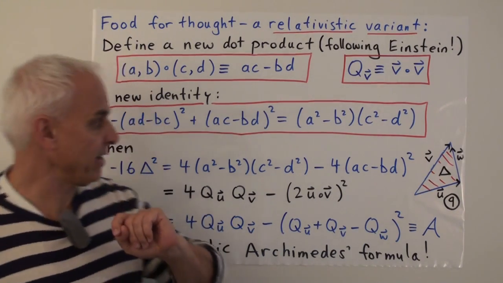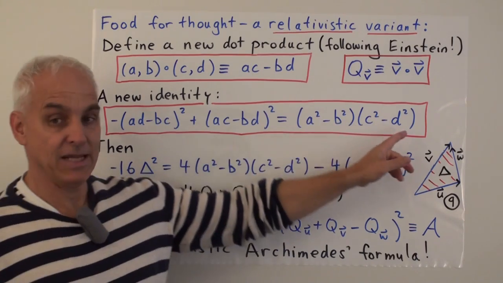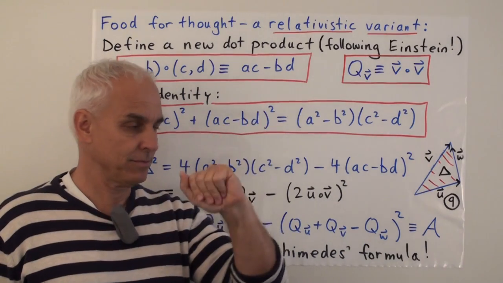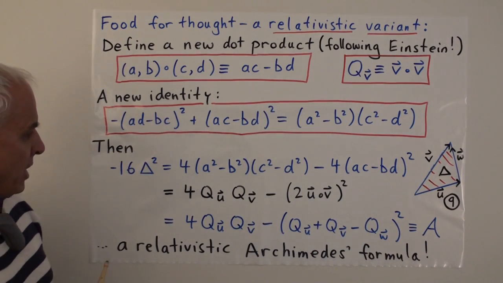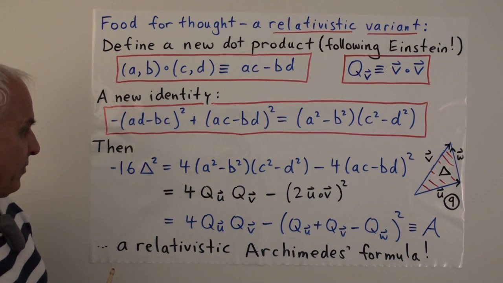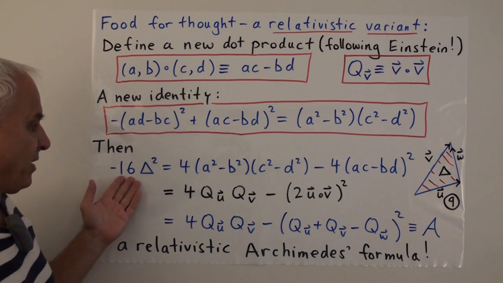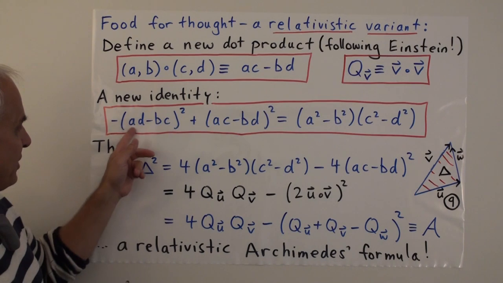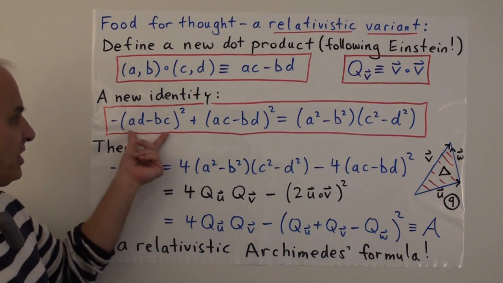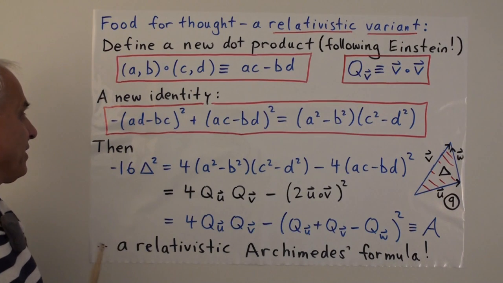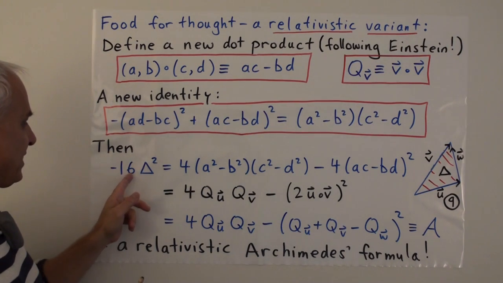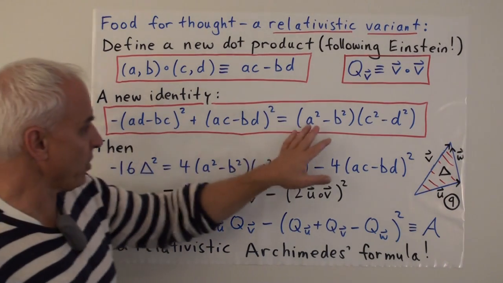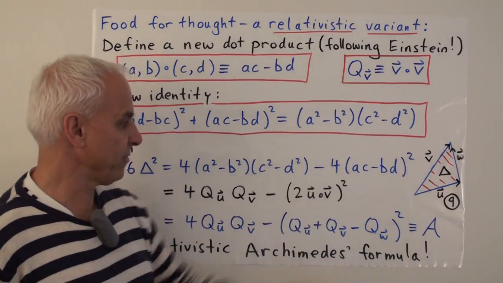Alternatively, if you're a little bit more algebraically sophisticated, you can think about replacing B and D in the previous formula with I times B and I times D in a formal sense. All right. Well, then really the same derivation that we had before, but now applied to this formula. Here's AD minus BC. That's still the determinant of the two vectors. So if we look at minus 16 delta squared here, we're talking about this quantity times 4. And so we can write that as 4 times this minus 4 times this.